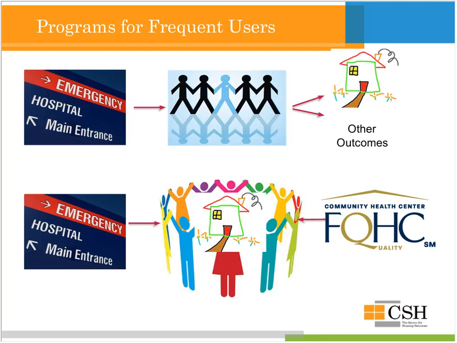Other programs originate in the homeless system and seek to put high-cost utilizers of crisis health care into supportive housing, affordable housing with wraparound support services. Often these programs partner with FQHCs or other health centers to help connect frequent users with health care in the community. We will hear from two examples of these types of programs later in the webinar.